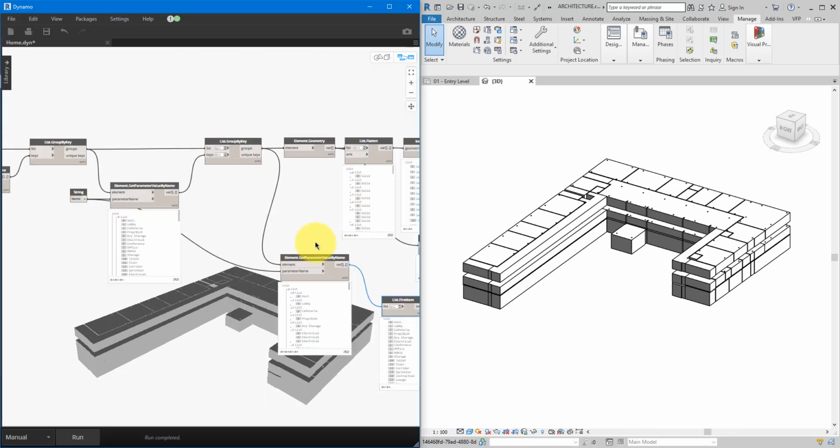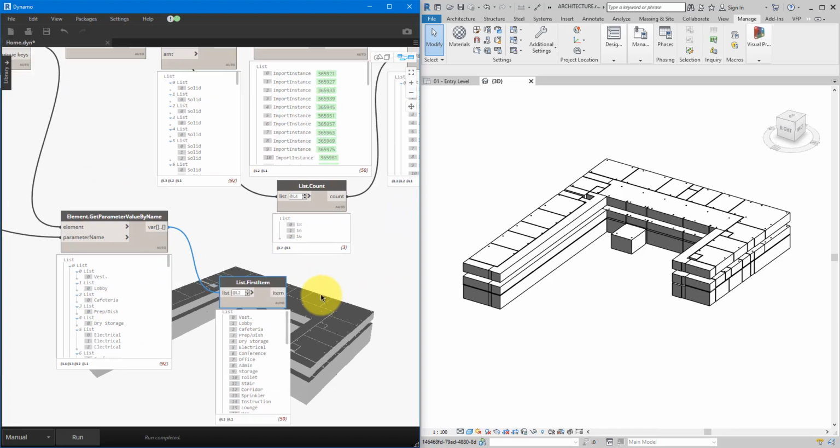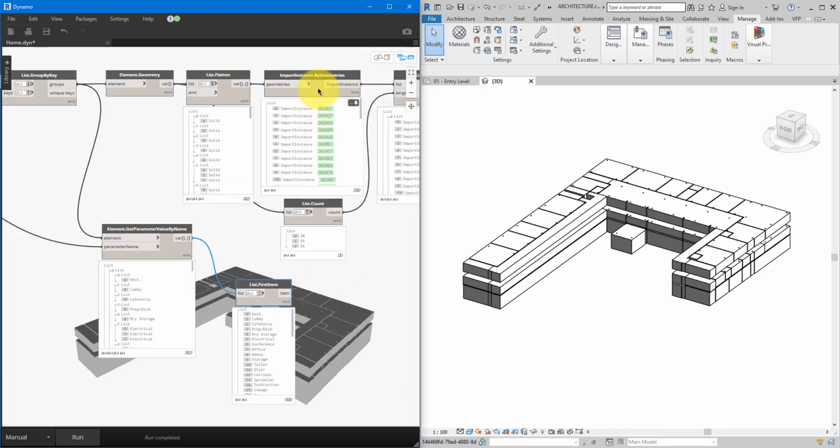Actually, that seems about right. Well, this is where it's the same problem we have up here. We have things in the right order, but not in the required hierarchy or grouping. I have here 50 imported objects and 50 names. They are in the order of levels. So I have here a few values for level 1, a few next values for level 2, and the last few for level 3. We just have to chop them in the same way we did on this list here,